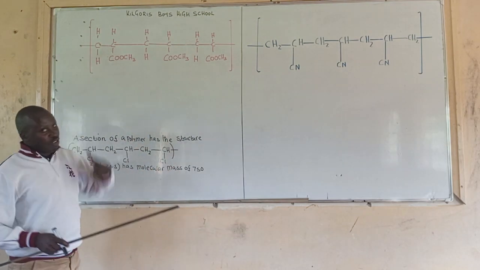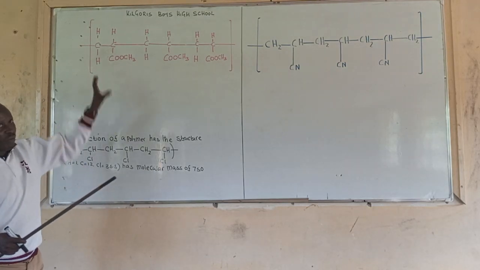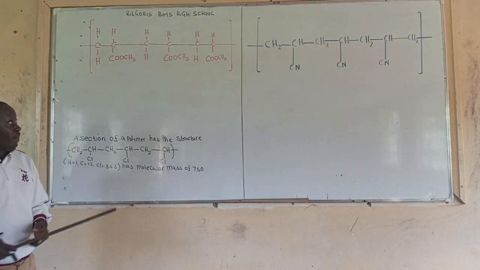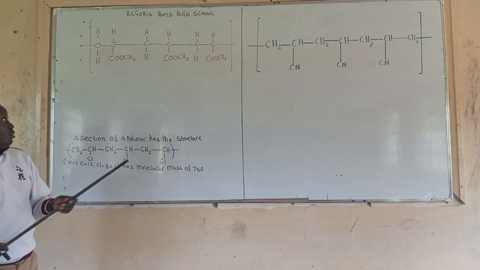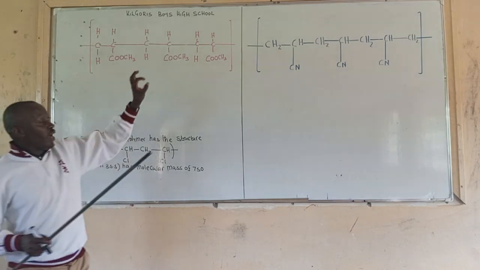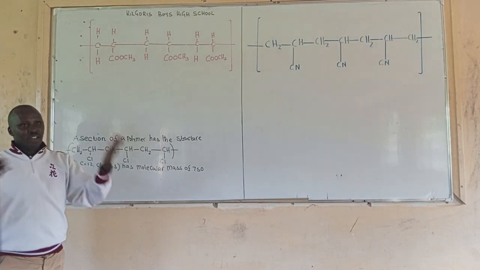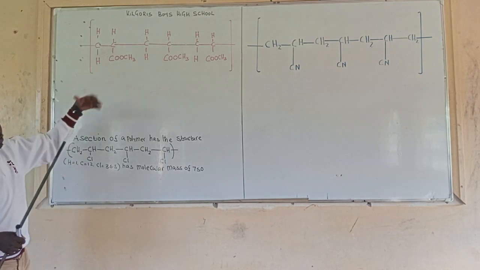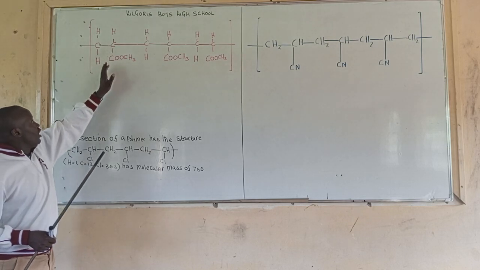Most students normally are unable to draw the structures of the monomer from here or to identify the polymer. So this is what you are supposed to do. When you have been given this kind of polymer and you want to draw a monomer, it's very simple, because where there is a repetition, so we have